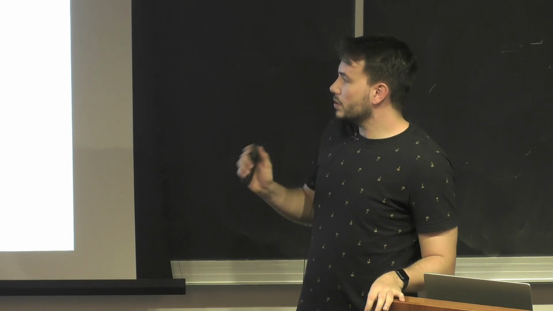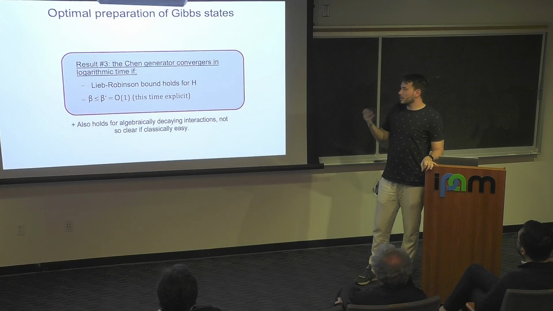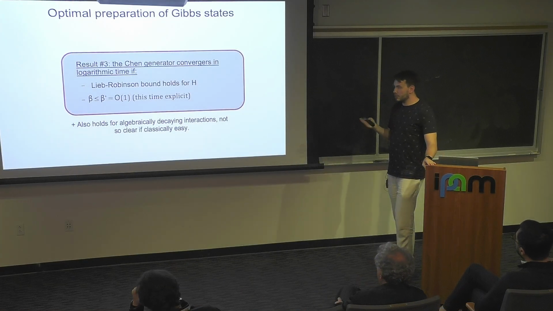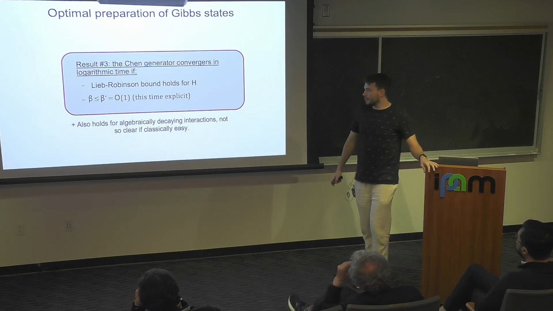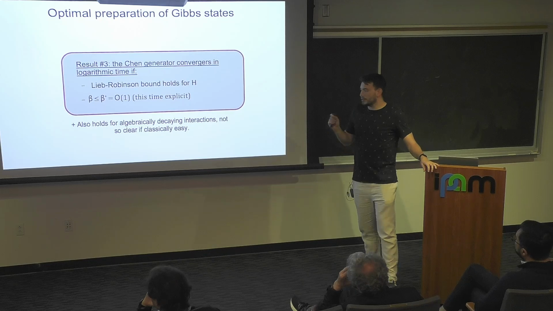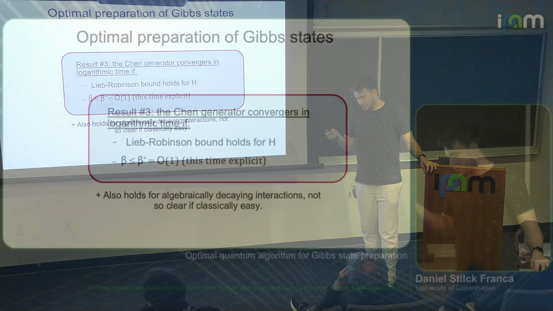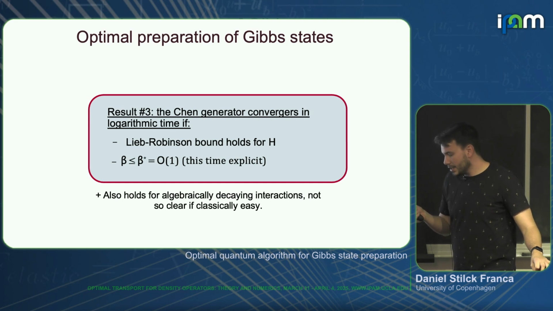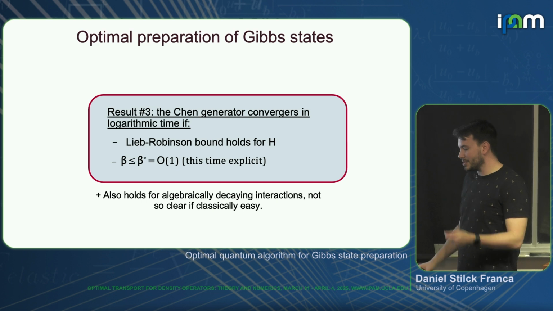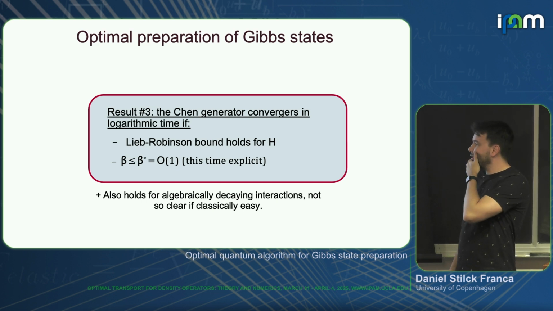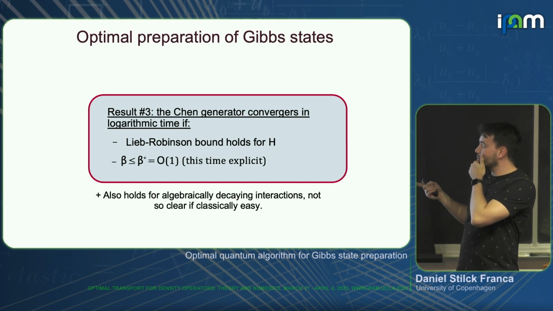So again, what we get from all of this is that the Chen et al. generators converge in logarithmic time, if you have a Lieb-Robinson bound for H, as I mentioned before. But actually, for some technical reasons, we have a bit more space in the sort of Lieb-Robinson bound we can use in this proof technique,